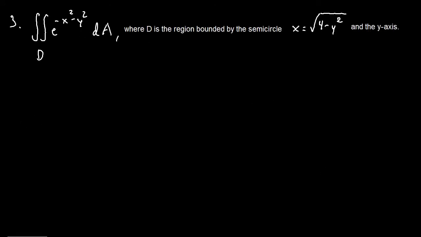So now for number 3, we have the double integral of e to the negative x squared minus y squared dA, where D is the region bounded by the semicircle x equals the square root of 4 minus y squared and the y-axis. Now if I were to start by drawing out this region here,